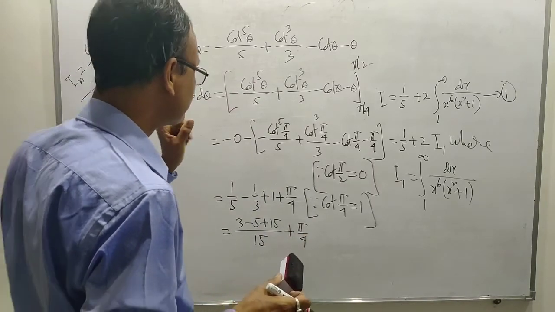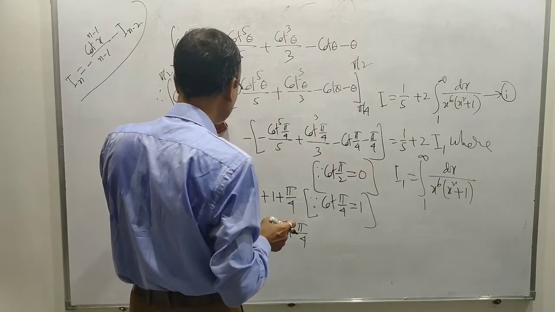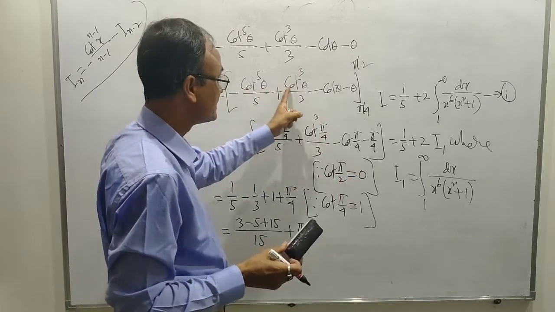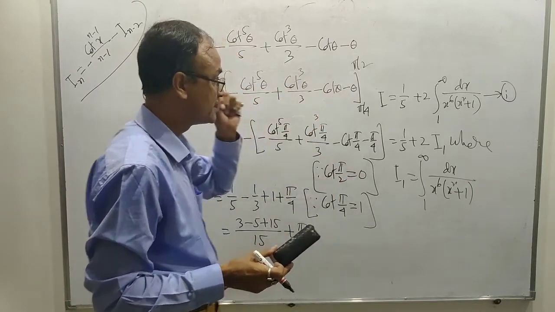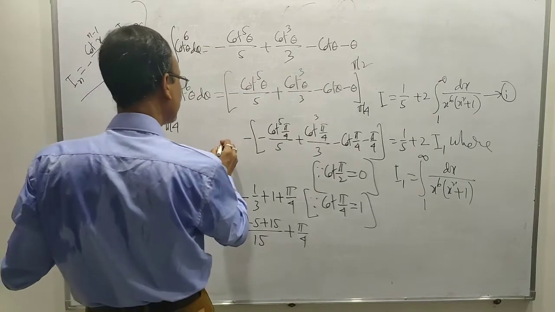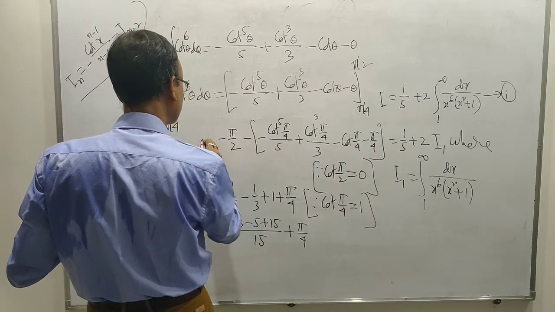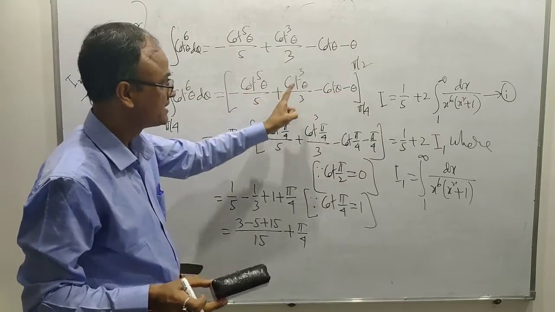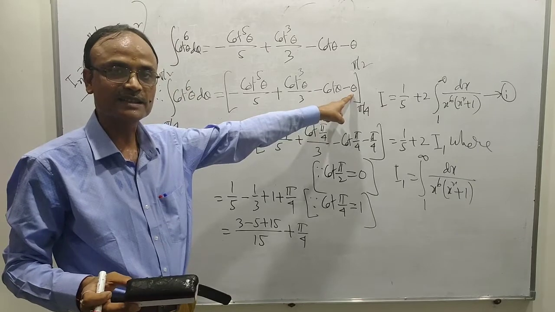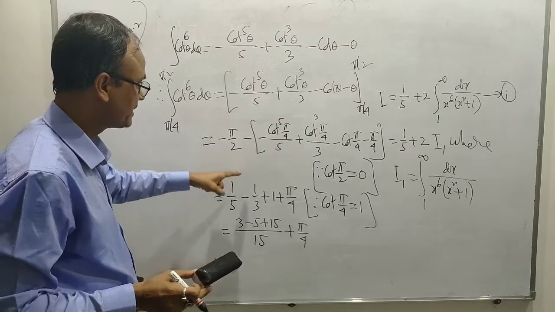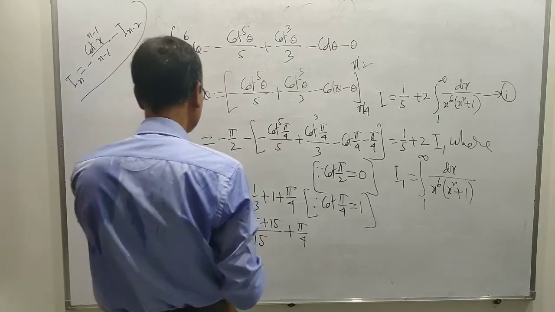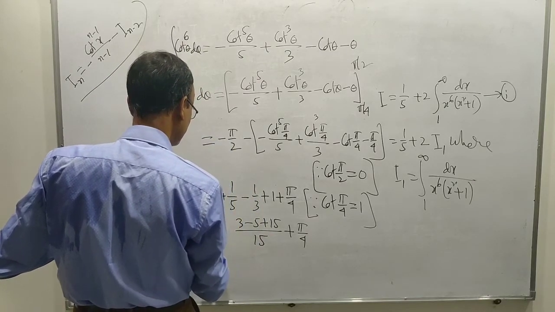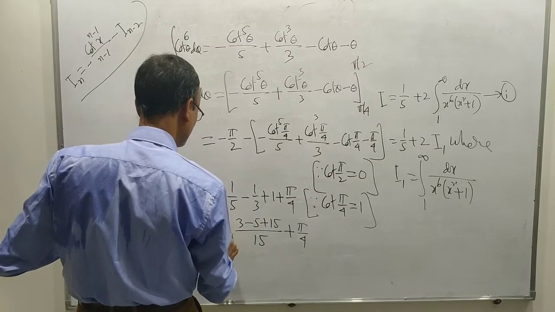Now one thing is, I have committed one mistake. Cot pi by 2 equal to 0. This is 0, this is 0, this is 0, but this is not 0, this is minus pi by 2. Please correct it. This is 0, this is 0, this is 0, but it is only minus theta, which means it will be minus pi by 2. It will be like this. This is equal to minus pi by 2 plus